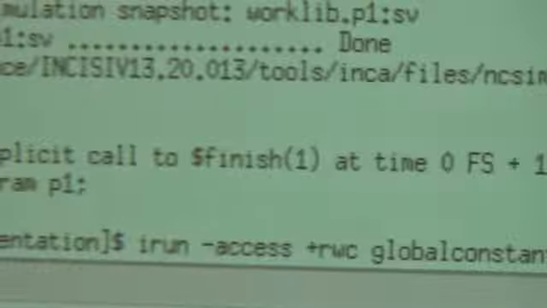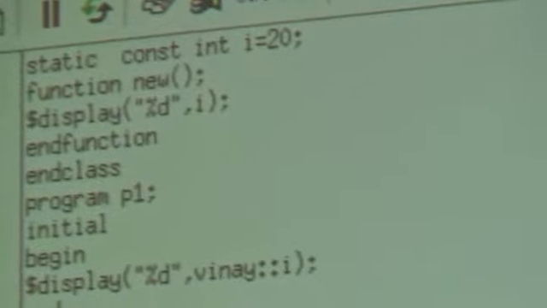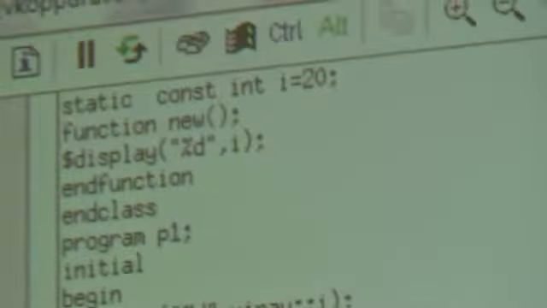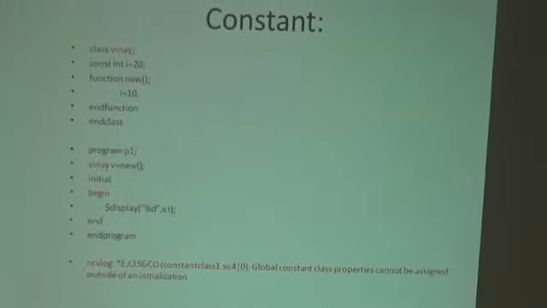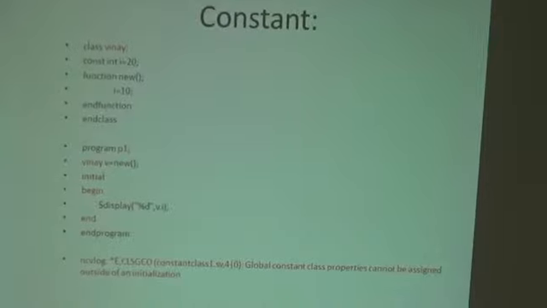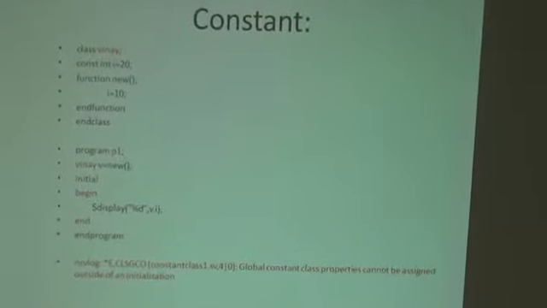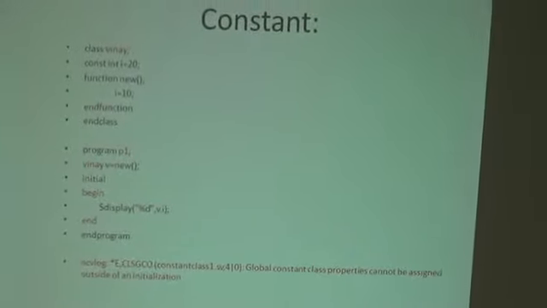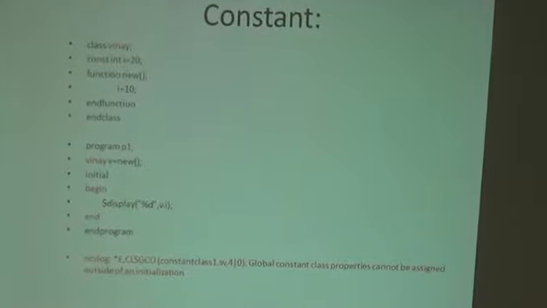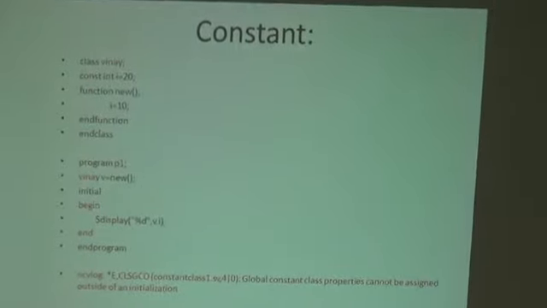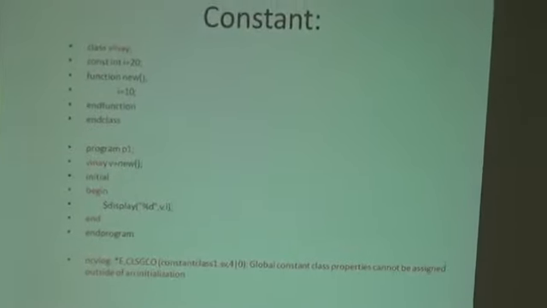Look at this global_constant.sv: since I equal to 20 here and declared static, I am accessing it using the scope operator, and I am getting my value of I equal 20 here. Let's check it out. If I try to assign a value to a global constant again during runtime, whether it will accept or throw an error. These are some of the common cases of the global constant. Let's check it with an example here.